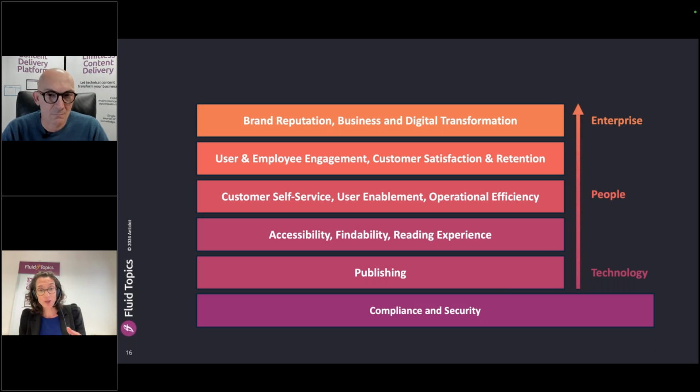We are not going to discuss the compliance and security points today because they are the underlying layer, I would say, that is common to any tech project, any adoption of a new technology solution. So we can definitely provide for this. We can provide a checklist, like an IT security checklist, that you could look into, but that's not going to be the point that we will discuss thoroughly today. What we're going to do is deep dive into the stack layer by layer, starting at publishing.